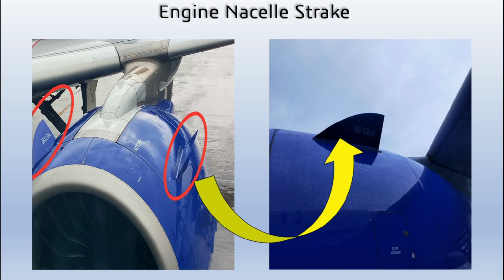You might have seen a nacelle strake while boarding or deboarding an aircraft, or when you sit in an aircraft near to an engine. In many aircraft, you will see a strake on only one side, and that will be on the inboard of the nacelle. But a few aircraft have nacelle strakes on both sides.